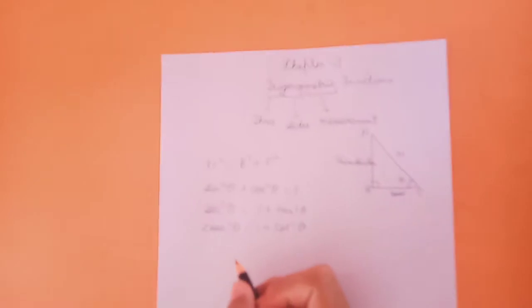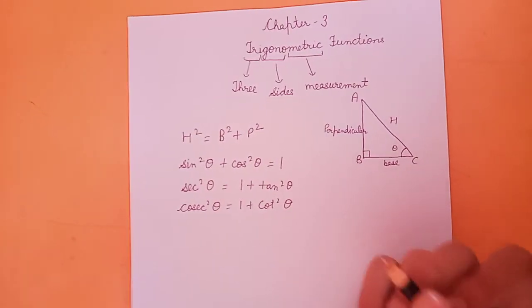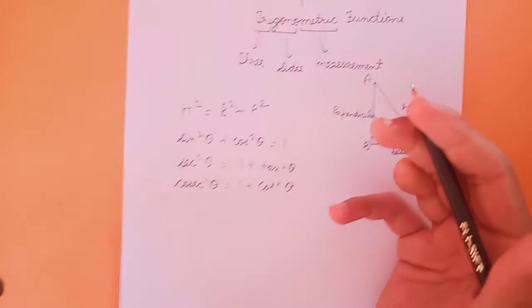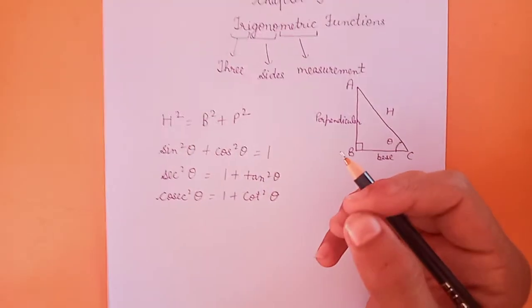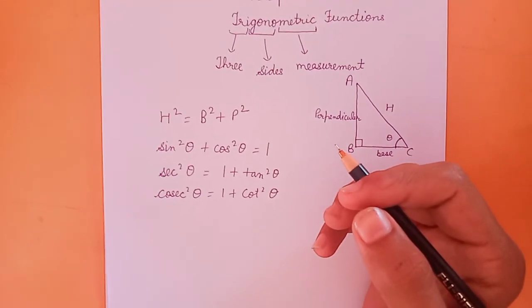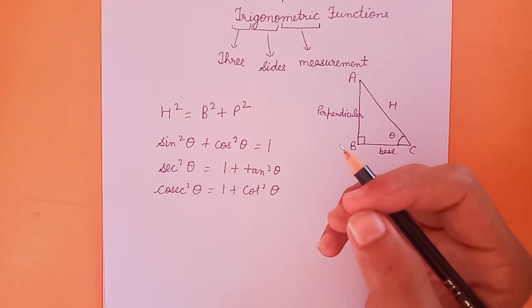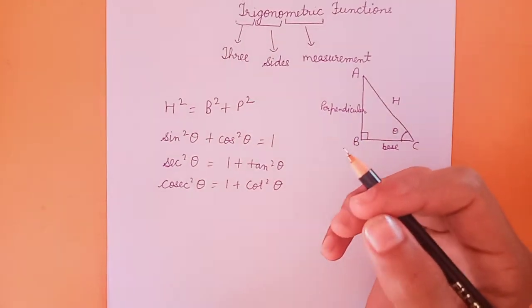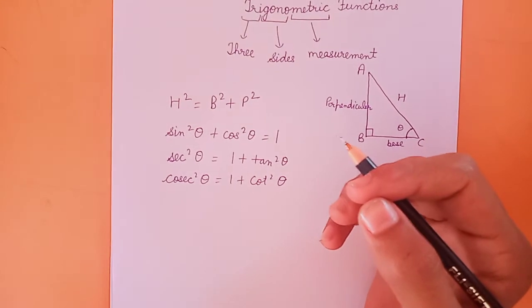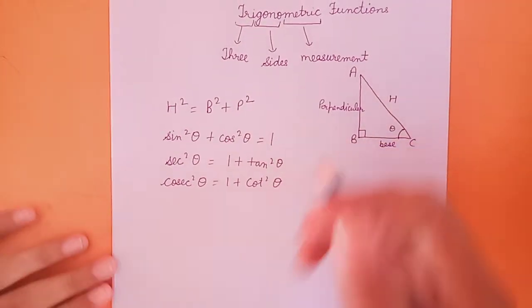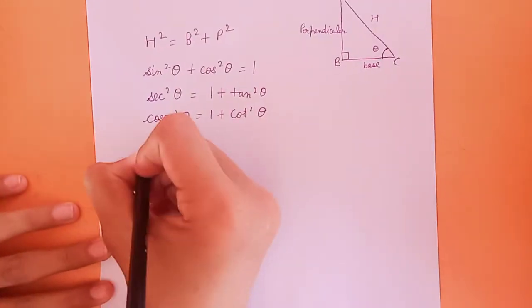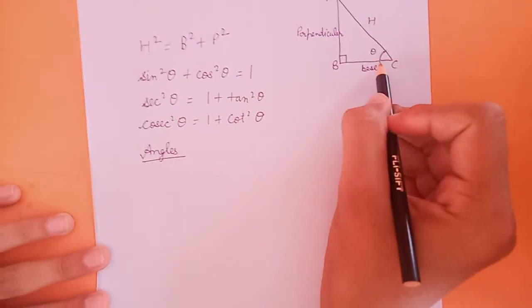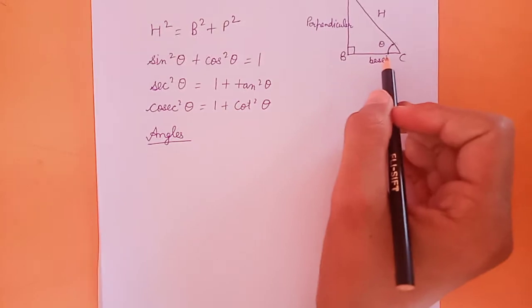Now in this chapter we will not talk about sides. In this we will talk about angles. In 10th class you have studied 2 chapters, in the first chapter you studied about trigonometry, and in the next chapter you studied some of their applications, that how they are used in finding heights and distances of buildings or whatever you want. Now as I have told, in this we will talk about angles of triangles, especially in right angle triangles.